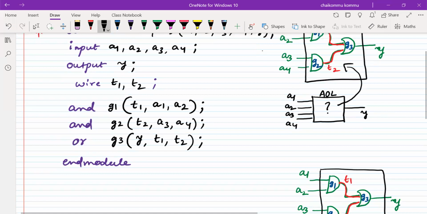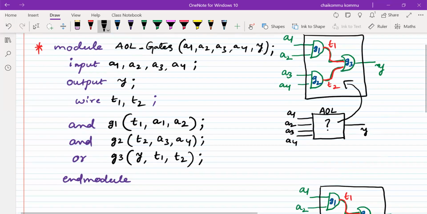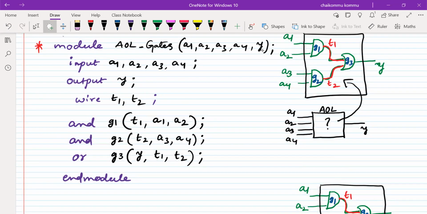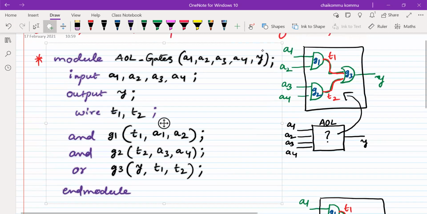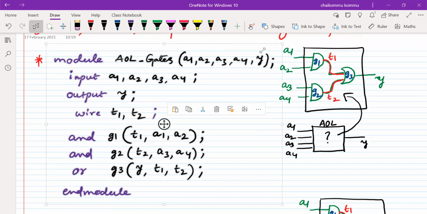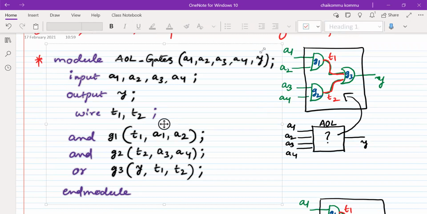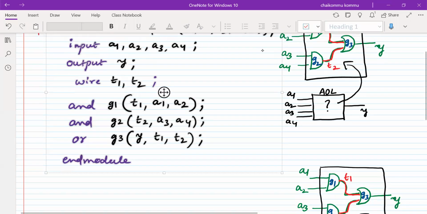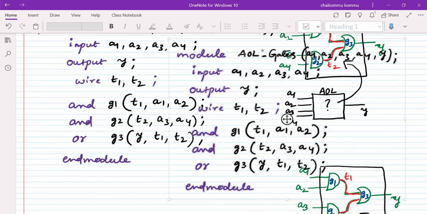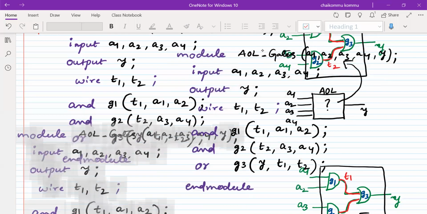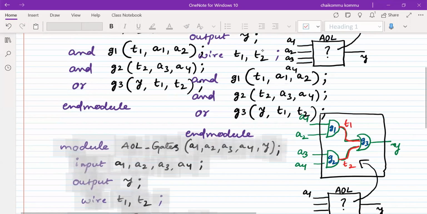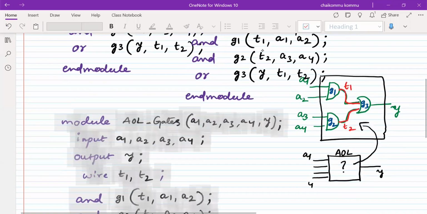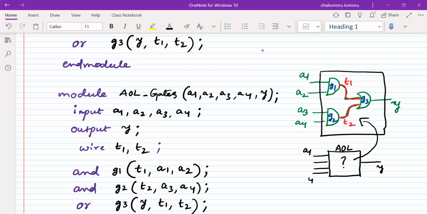Better to consider this one also. So this is called alternative one.